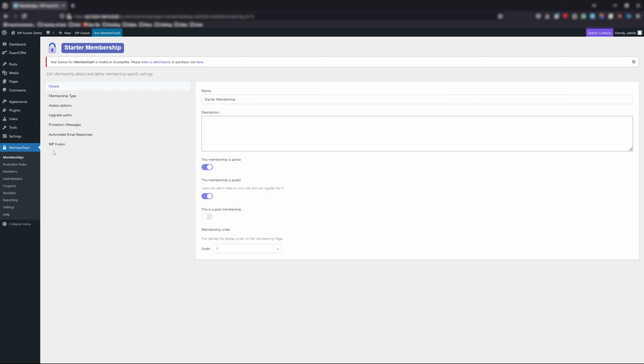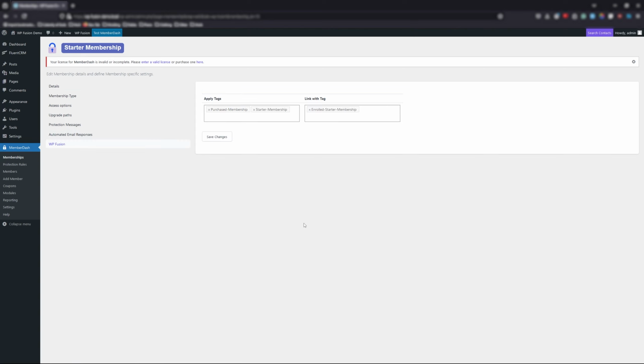And on the left, click on WP Fusion, found under Automated Email Responses. From here, you have two options: Apply Tags and Link with Tag. Any tags you set under Apply Tags are automatically applied in your CRM to any user who is added to this membership level. If you save a tag as a Link with Tag, the tag gets applied like an Apply